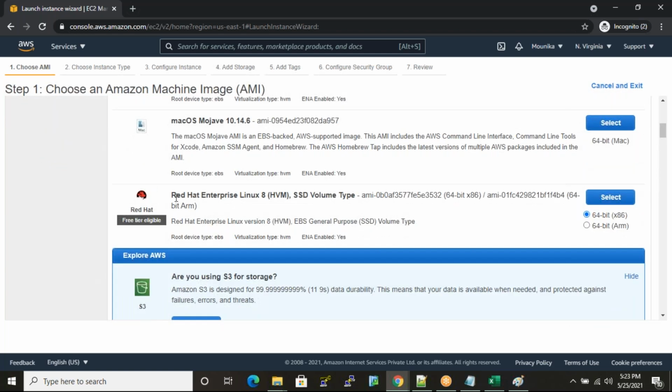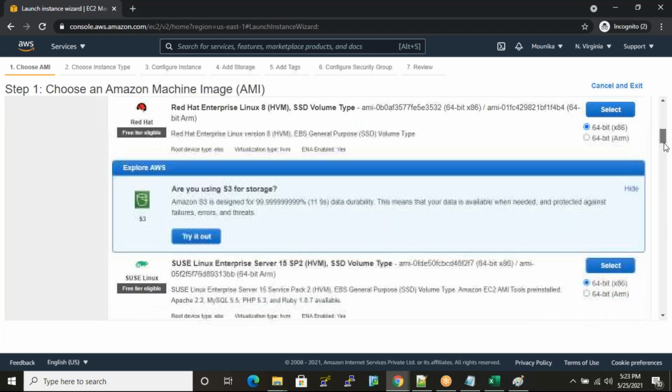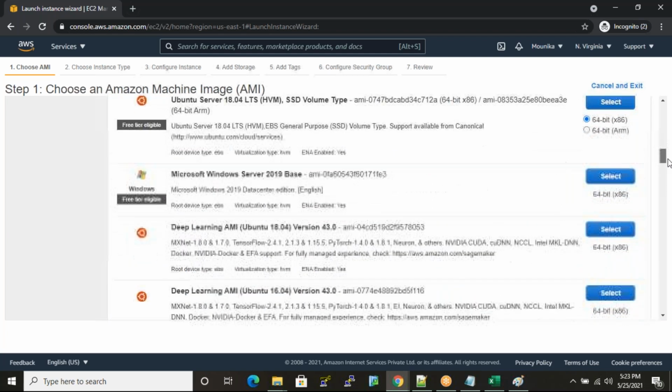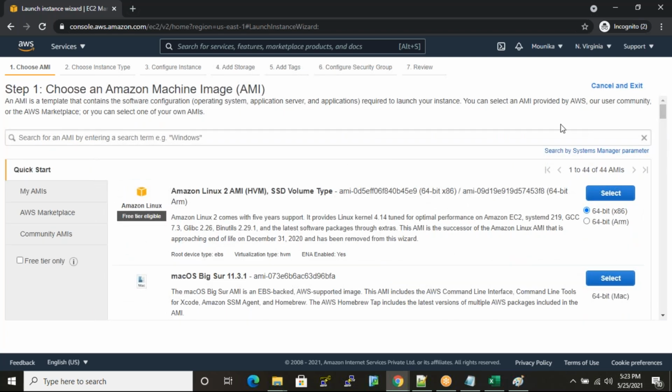Red Hat is a Linux related OS. SUSE is also Linux related. Ubuntu is also a Linux related OS. Microsoft Windows is the Windows OS. So we have so many operating systems in this console. You can choose any one. That's your wish. Now I select Ubuntu.